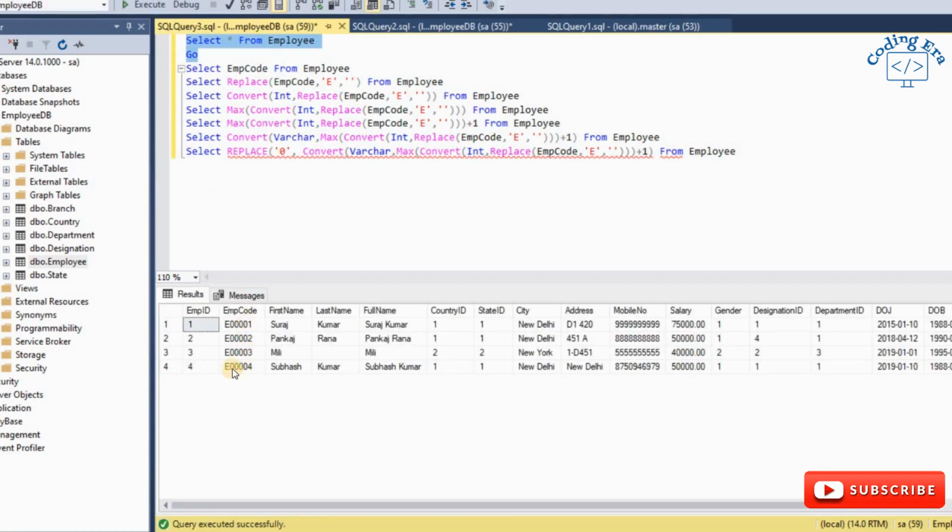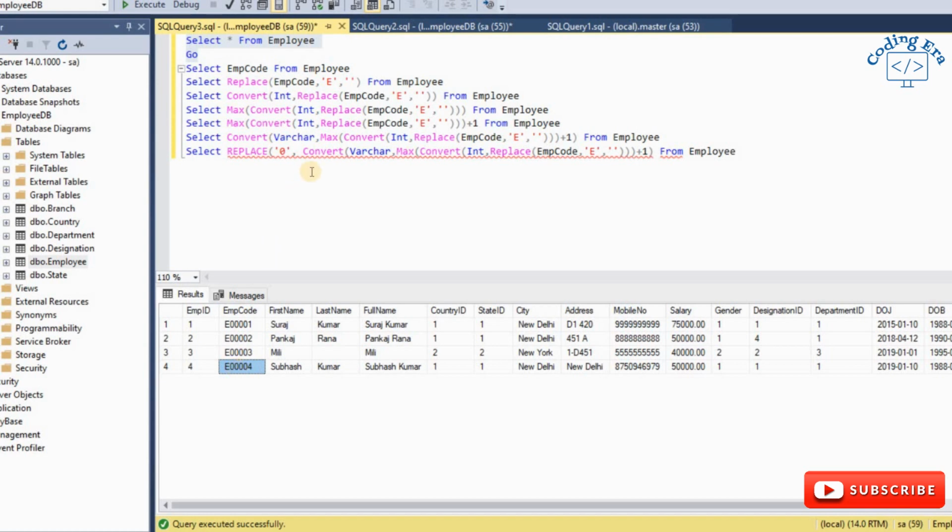You can see here 0 is 4 times, because the last number is 1 digit, 4. When it goes to 2 digits like 10, 11, 12, then 0 will be 3 times. And when the number goes to 3 digits like 101, 102, then 0 will be only 2 times.